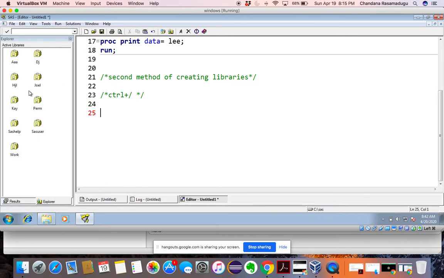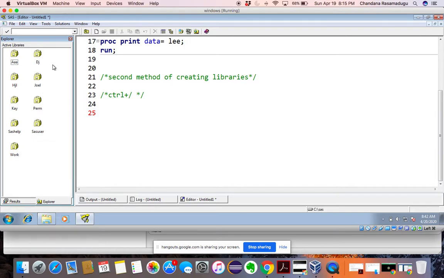Now we are working on this, but if I end this session and open the Explorer folder, you will see all these libraries but not the AAA folder.